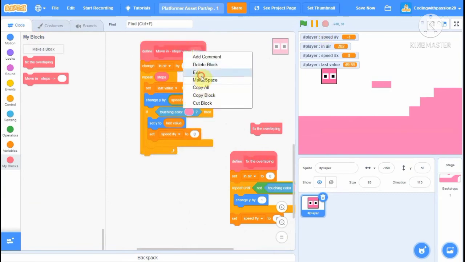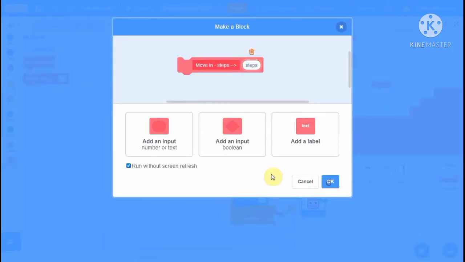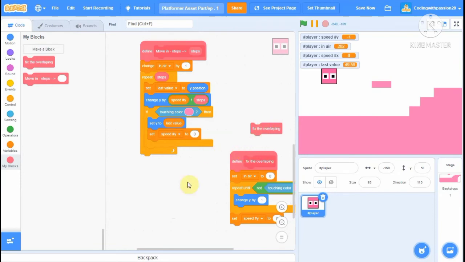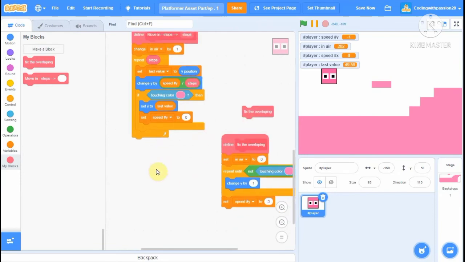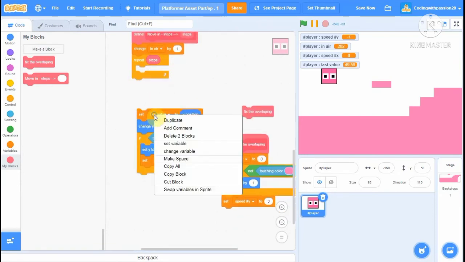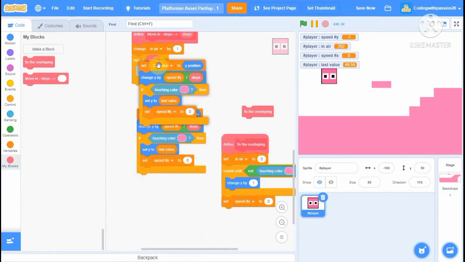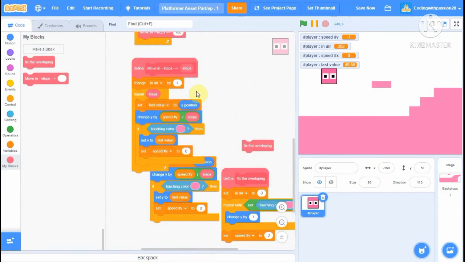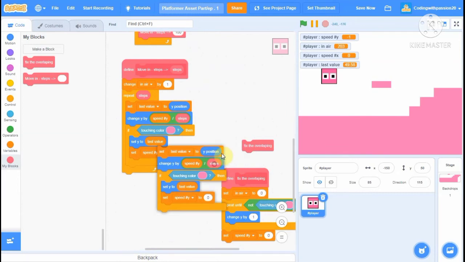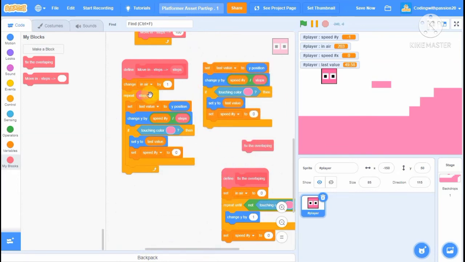Okay, by mistake I have done. Yeah. Okay, now next step, duplicate this and place it here and compare with this and this without